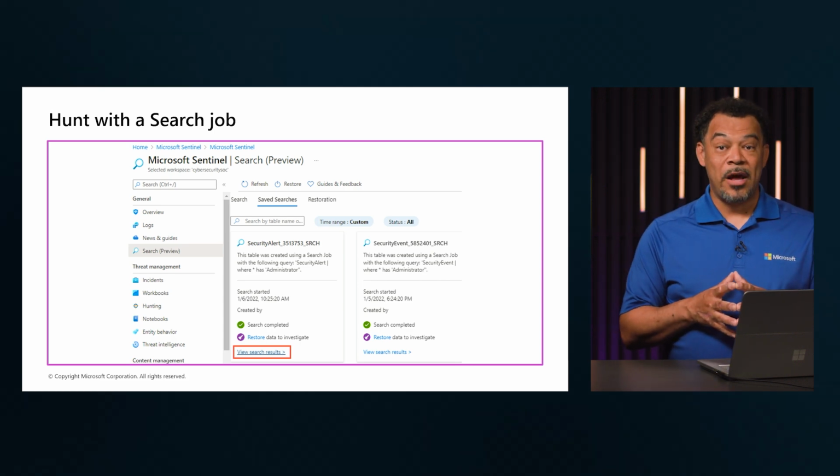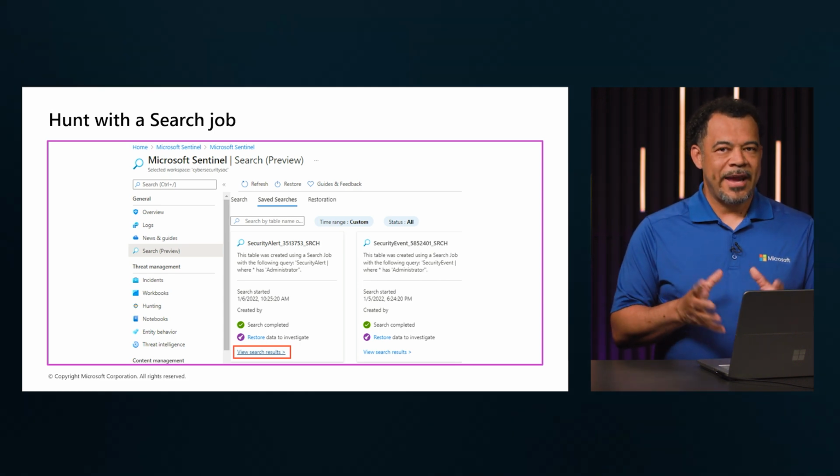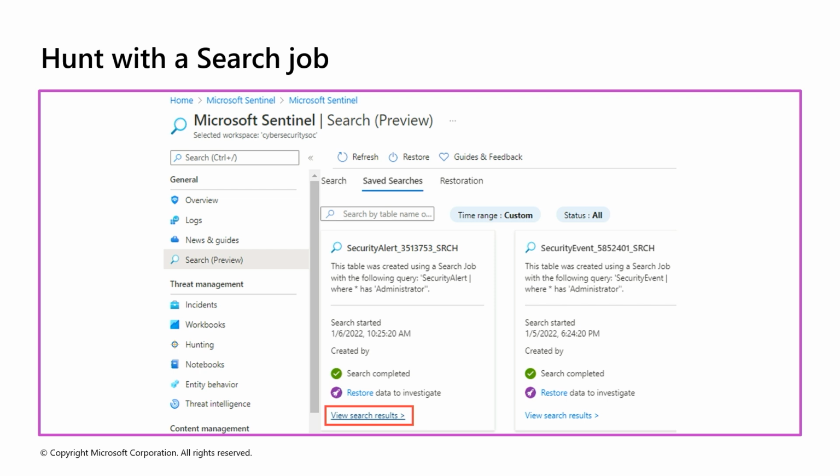Identify the search job relevant to your investigation and click View Search Results to analyze the data it returned. This allows you to revisit historical queries and leverage them for ongoing threat hunting or incident response. It's a streamlined way to manage and reuse complex searches without having to rebuild them from scratch.